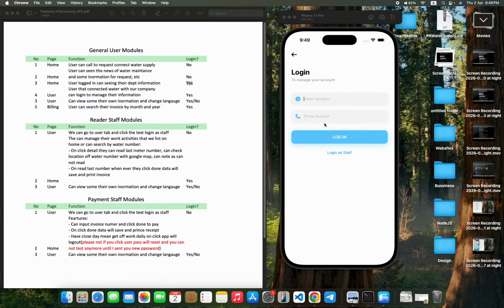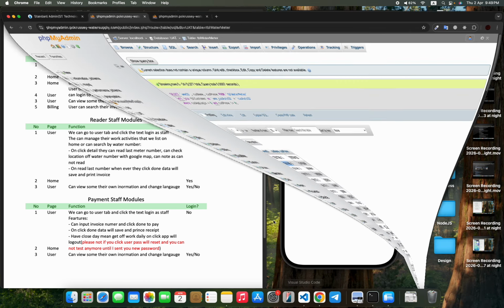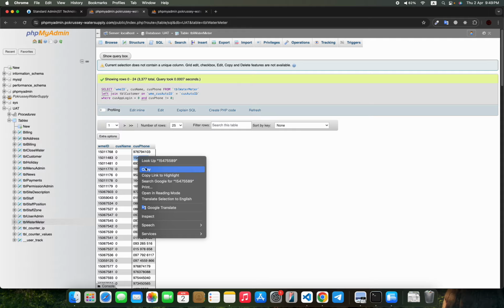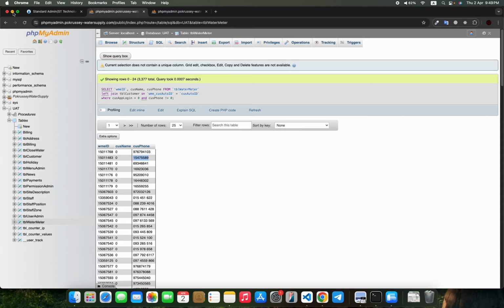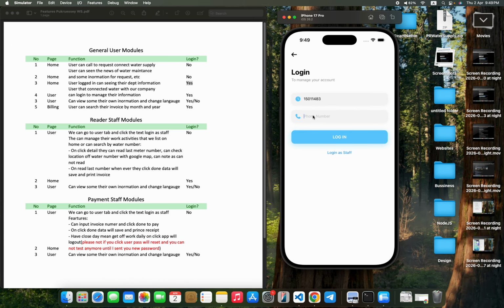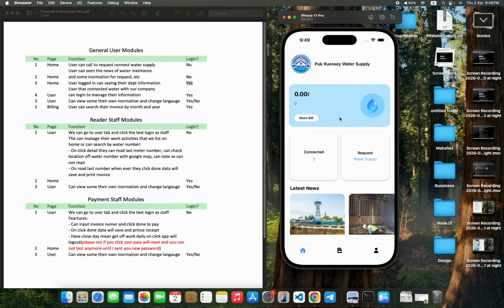So this one is a meter number, and we put the phone number here, and we click the login button. So they will see the debt information. For this example, they use about 3 or 4 cubic meters of water.